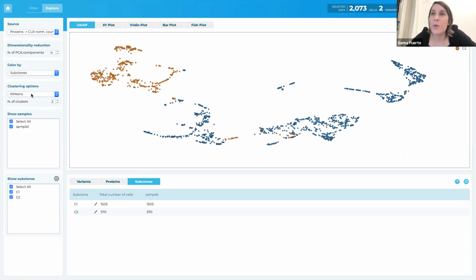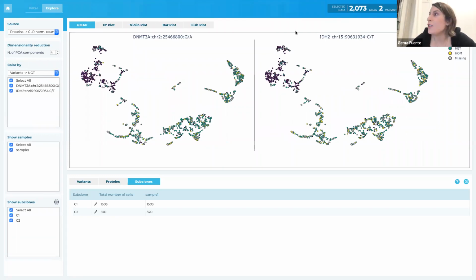So as we can see here, when we do k-means and change the number of clusters to 2, we see 2 clones now. We see clone 2, sorry, which is the orange one, and a large clone 1, which is the blue one. So now the next step is to overlay the genotype information and see whether there is any correlation of the genotype and these clusters. Again, these are clusters based on protein data. So I would now overlay the genotype information, and we can see clearly that